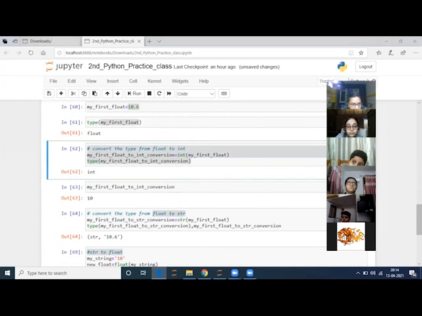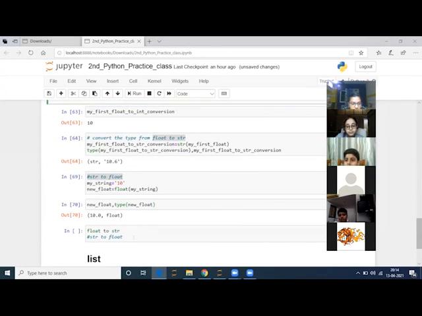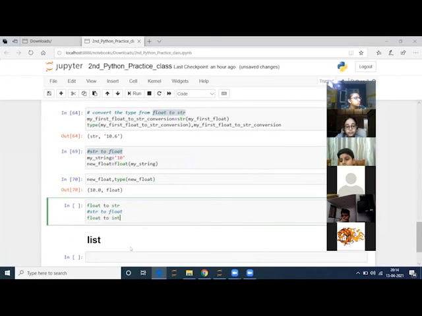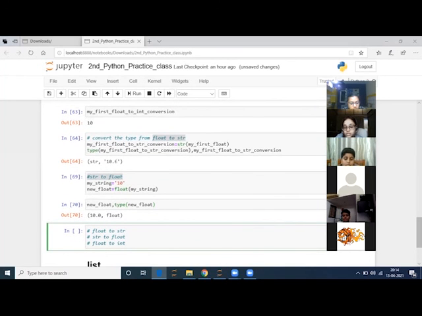Ma'am, I have a question now. Yes, please say. For float, if we are giving the value as float, can we control the number of decimals that are shown at the end? Control the number of decimals, like after the point you want two numbers? Yes, you can do that.